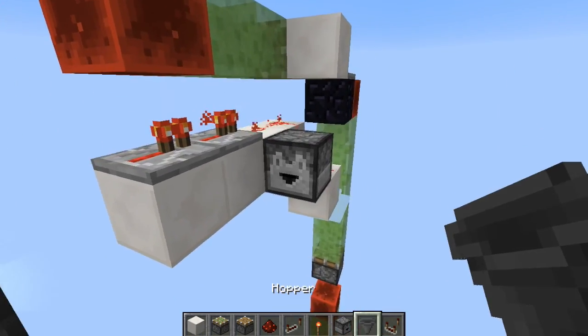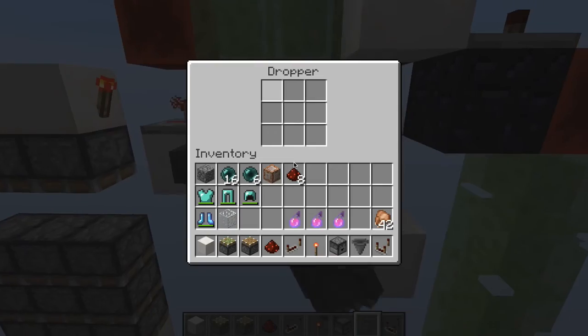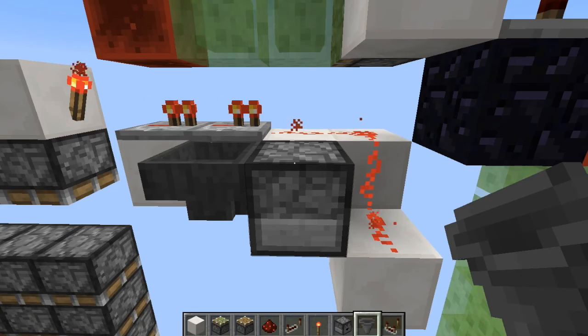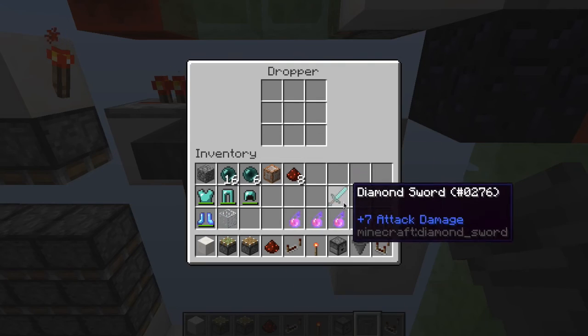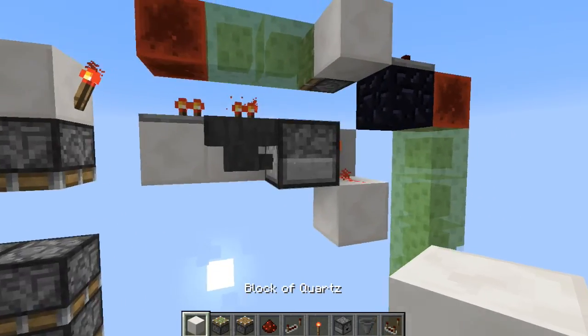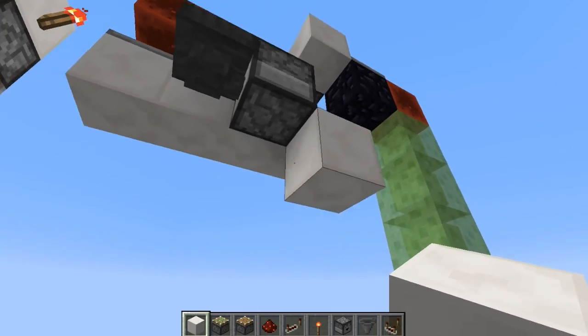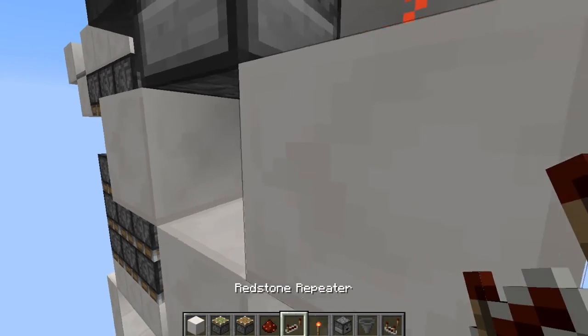and then right here we're going to place a dropper, a dropper and a hopper, just like that, and place an immovable object in that, just like that. And that would create a normal hopper dropper monostable if it weren't for this 4-tick repeater right